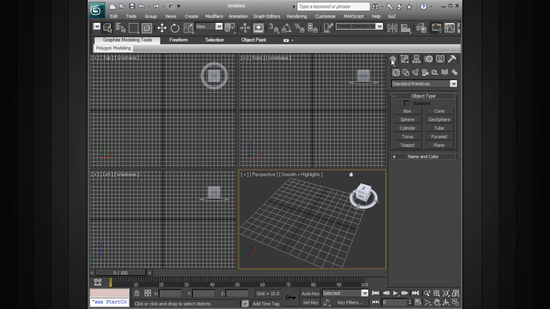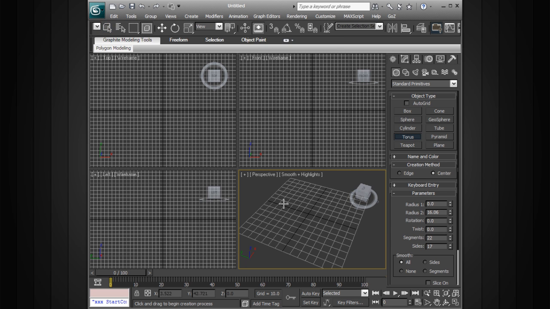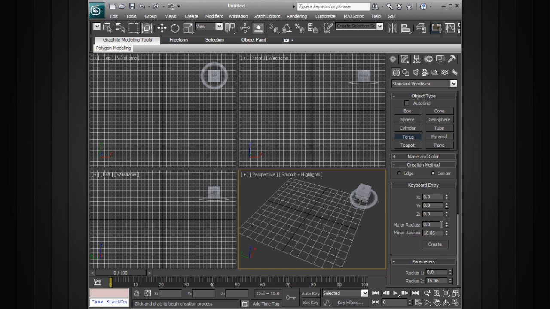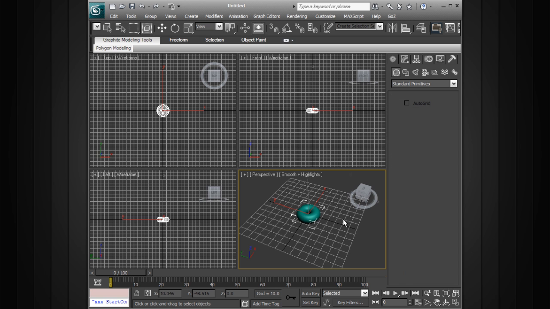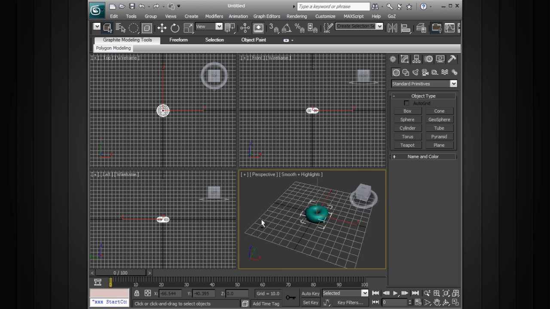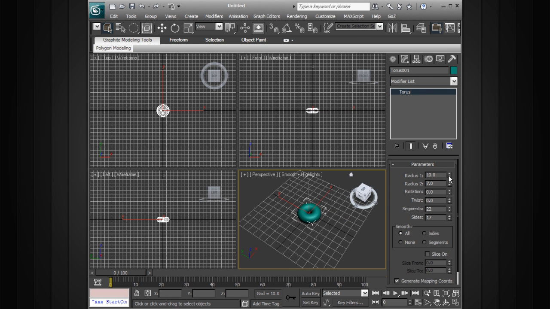So if we go back to Create, let's say now we want to create a torus, but we don't want to have to click and drag that out into the 3D view. Well, we can go to Keyboard Entry. We can choose to change the radius here, so maybe make that a radius of 10 and a minor radius of 7. If you want to change the move value here, you can. We can just go ahead and hit Create, and that'll pop that right into our 3D view. We can hit Q, and now we have our object